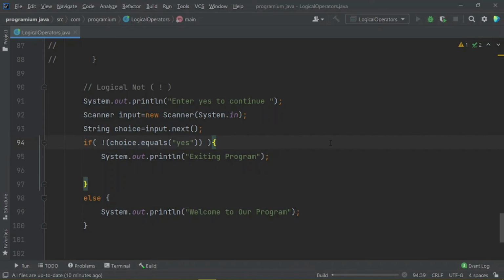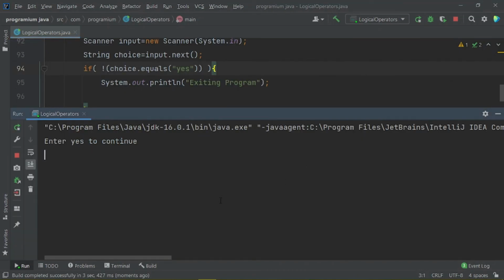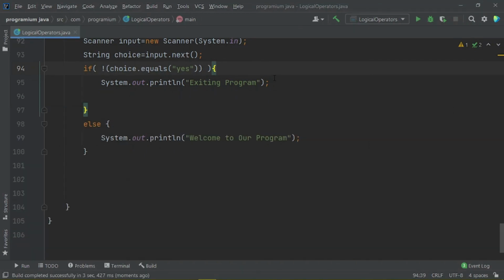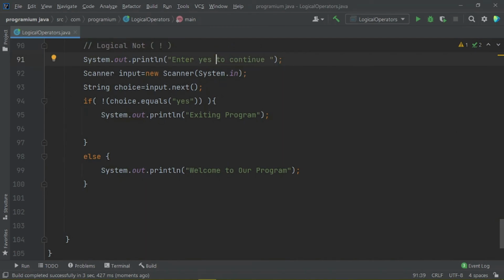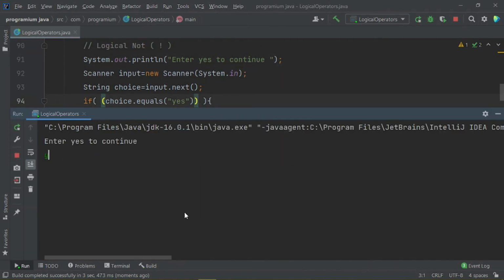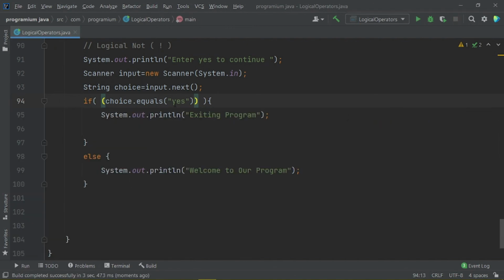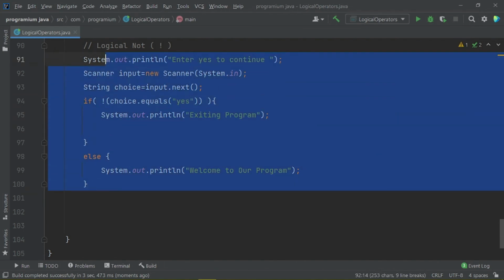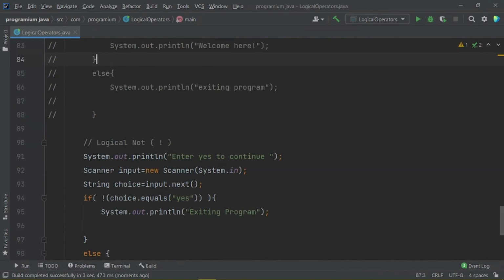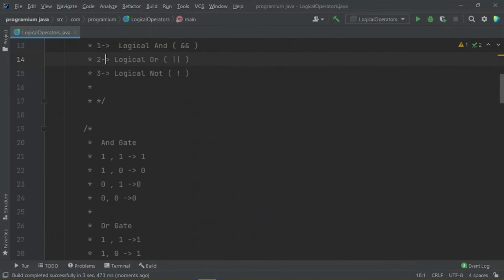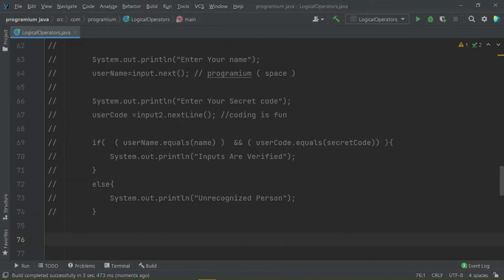Let us see after compiling the program. Enter yes to continue. I am using yes here, and welcome to our program. If I remove this from here and run it again, you would see here exiting program. So guys, this was the simple method to implement these logical operations in our Java applications.